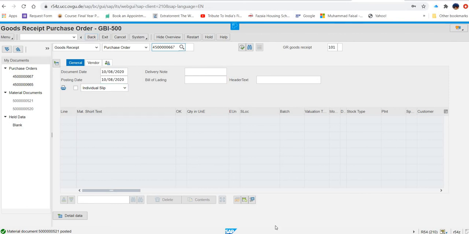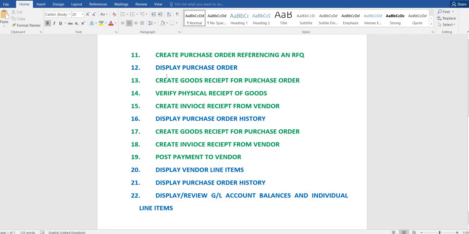Now again, let's see which step we have to do next. We did this and we did this. Now let's see, verify physical receipt of the goods, and then we will go for create invoice.